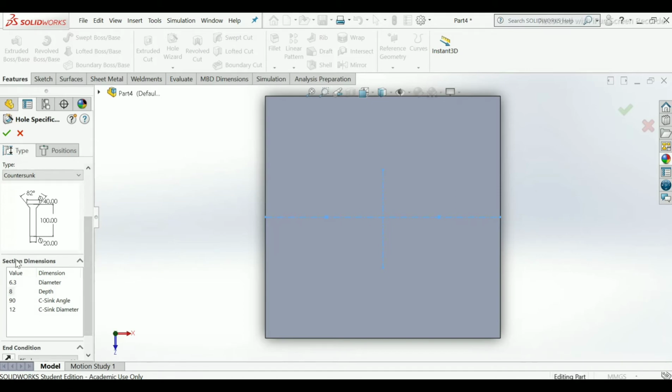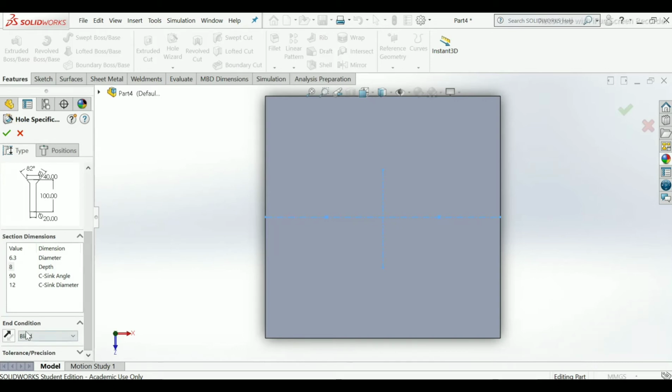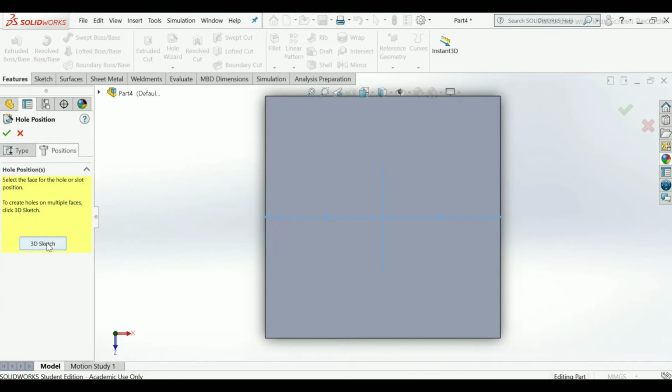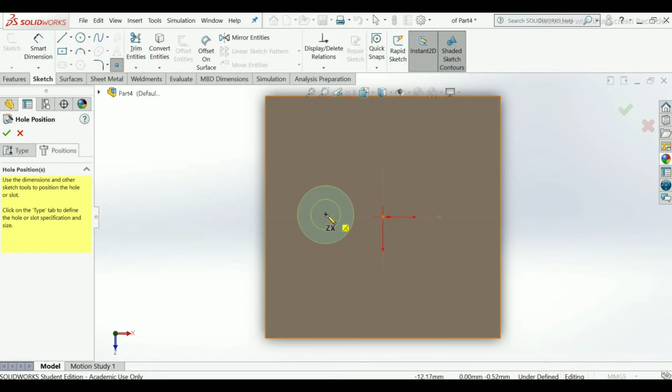As you can see, all our dimensions are here. Make sure the end condition is blind. If it is up to next, then it will not let you select the depth, and you cannot change the length of the depth. So make sure of it. Take position, 3D sketch.